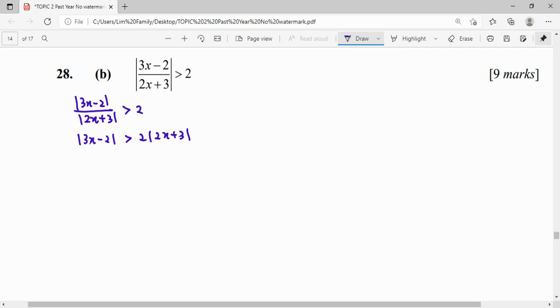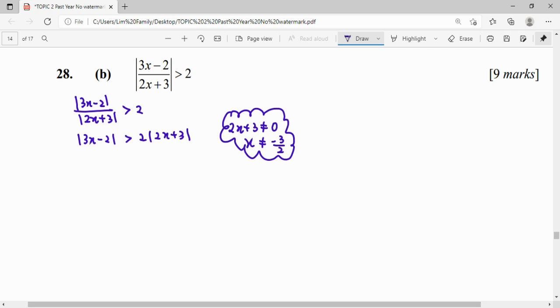So don't forget to write down the important condition here: 2x plus 3 not equals to 0. X cannot equal negative 3 over 2. So that is very important. We state out the originality of this question, where the x comes from rational. Then we can start